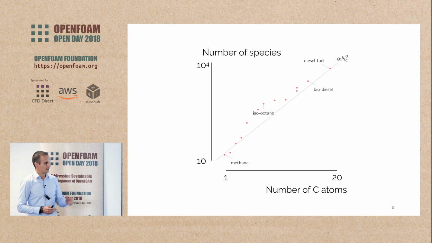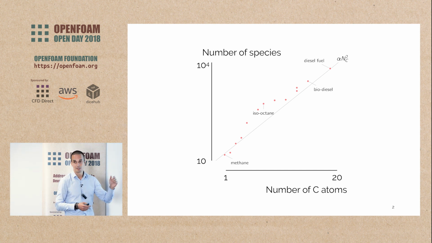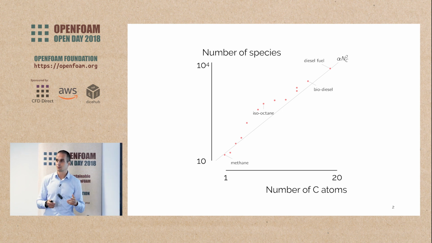Here is a simple picture, and it's mostly applied for combustion, but it can be for any reacting simulation. If you look at hydrocarbons and you characterize the complexity of your fuel with the number of carbon atoms, well, to describe accurately the combustion or the oxidation of your hydrocarbon, you would need an increasing number of species for an increasing complexity, right? And if you go from methane, which is quite simple, to diesel fuel, you would end up with thousands of